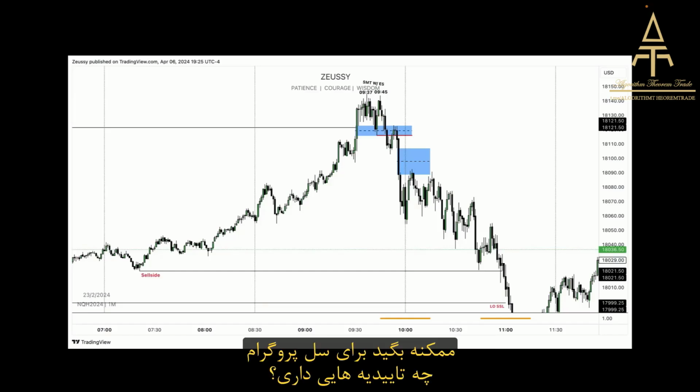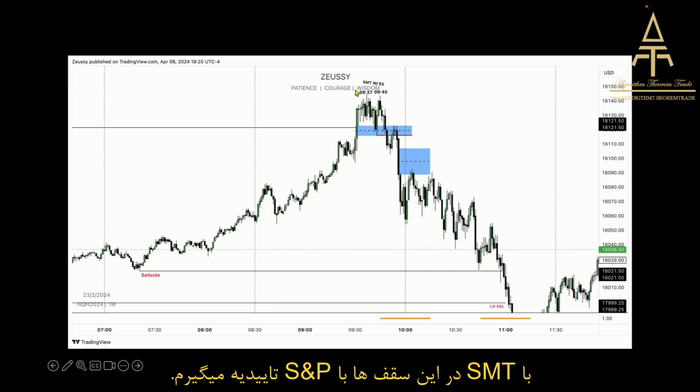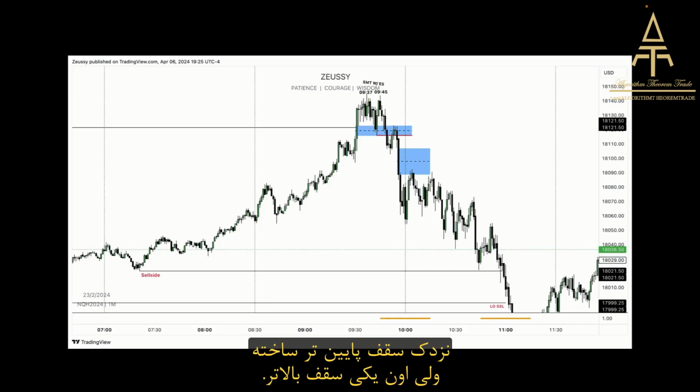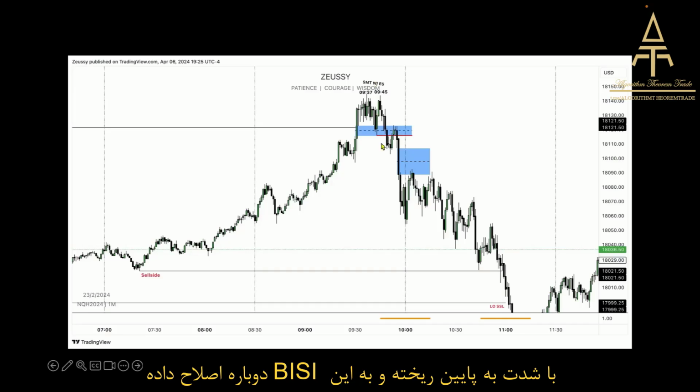What confirms the sell program, you might be wondering? Well, the sell program got confirmed by an SMT with ES on the highs right here, a cracking correlation. ES made a higher high, whilst Nasdaq created a lower high. Market displaces lower and it retraces into that old BC, into that old inversion value gap, into that